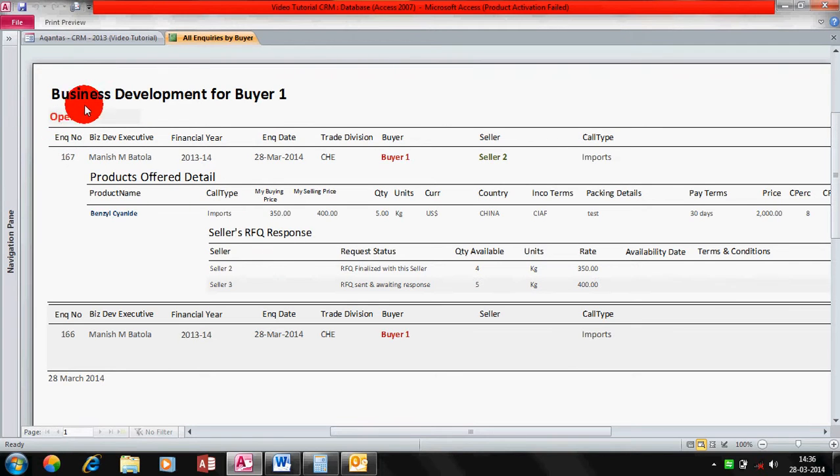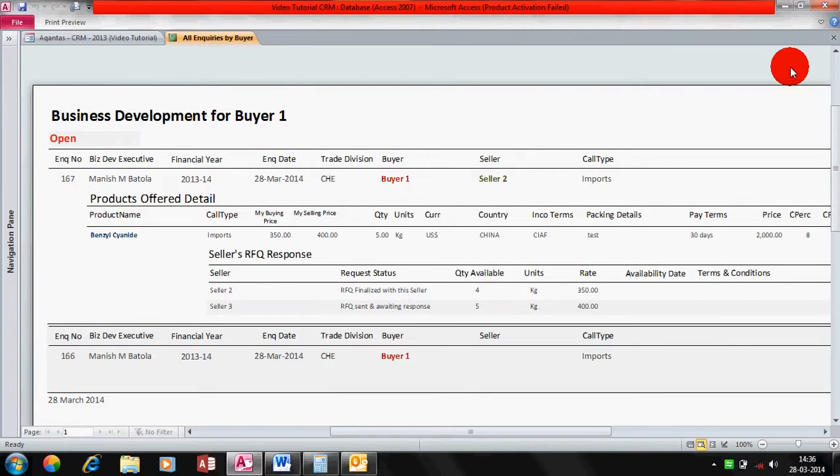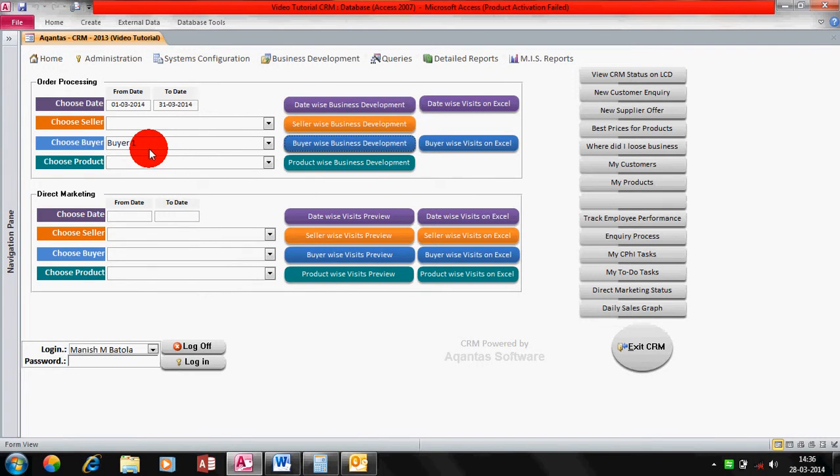You see, you have open inquiries, you have closed inquiries. But right now we did it buyer wise. So we are getting to see, show me all the buyers who did business with us between this date and this date. Show me all the products we did business with between those dates. We did only benzyl cyanide. Show me all the sellers we did business with. Seller 1 and seller 2. Let's say seller 1,